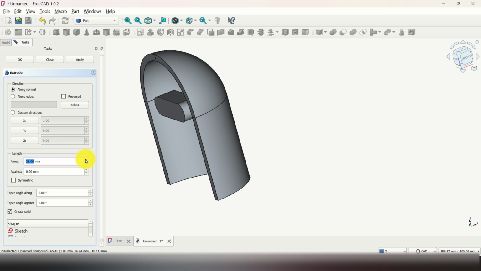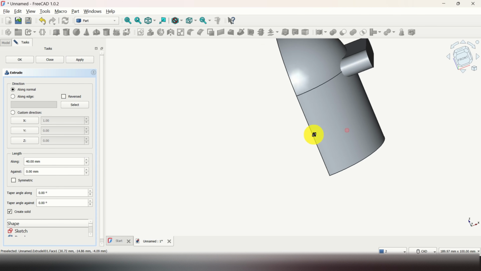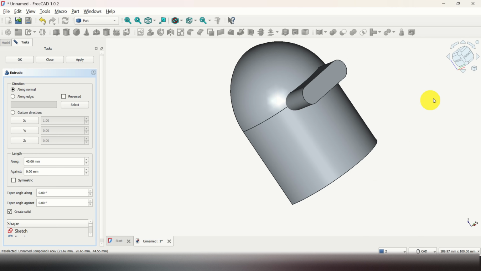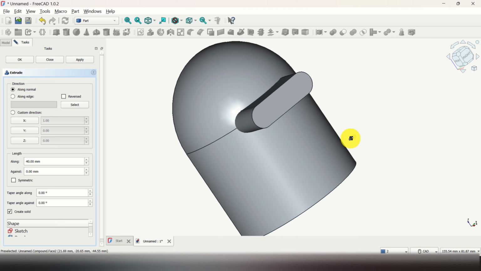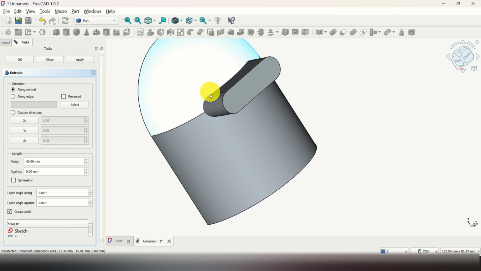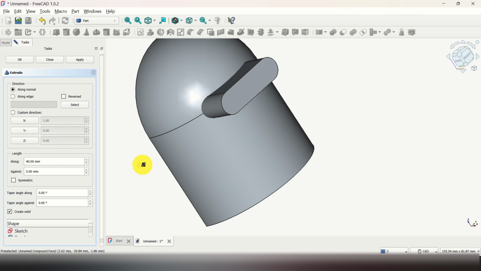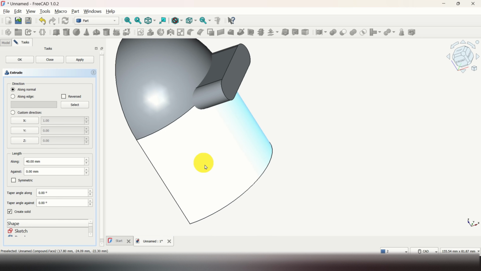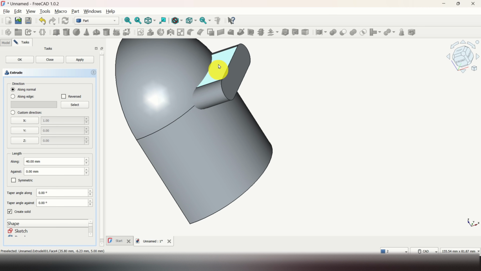So let's extrude this, let's say with 30 or something like that, 35 or 40. And let's click on apply and voila, here it is. Now we have completely extruded this part and you can see how nicely it looks. Next, we need to slice. That is, we need to create an intersection between our revolved part and this extruded part, and then we need